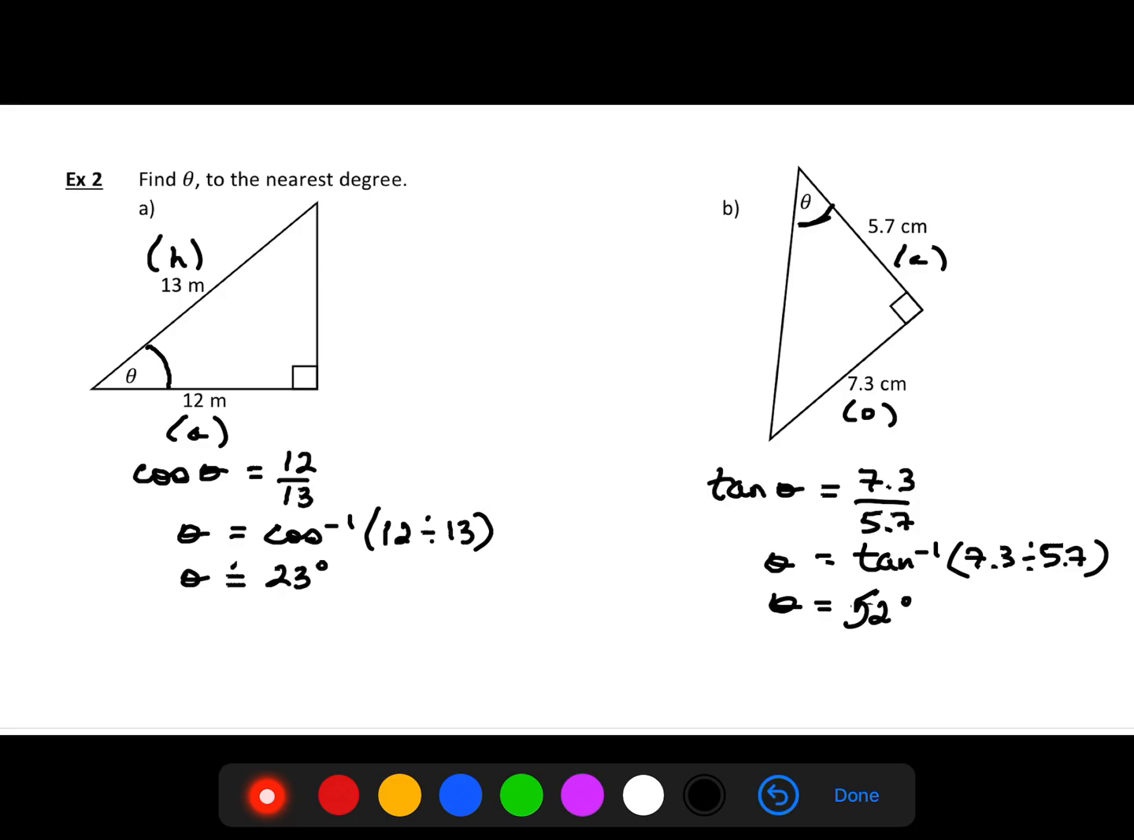degrees. Okay, so again, we've just gone over how to find sides and angles using tan, sine, and cosine ratios. This is a major part of trigonometry, so we really need to make sure